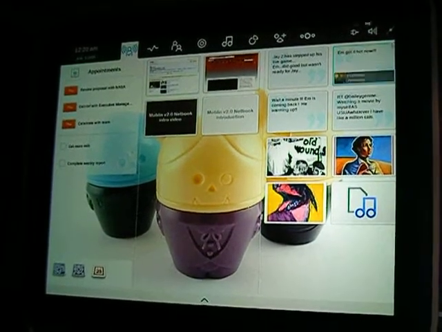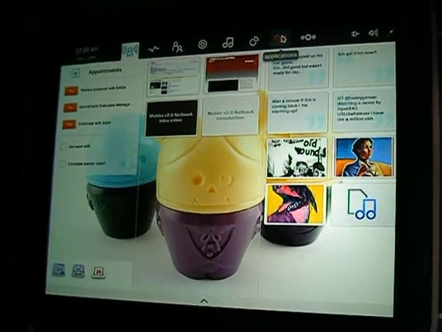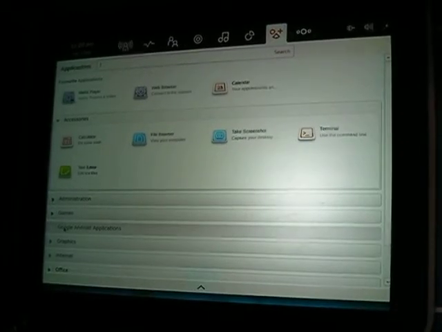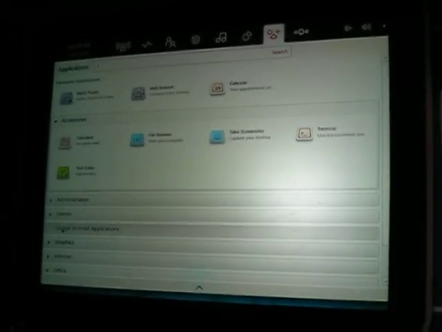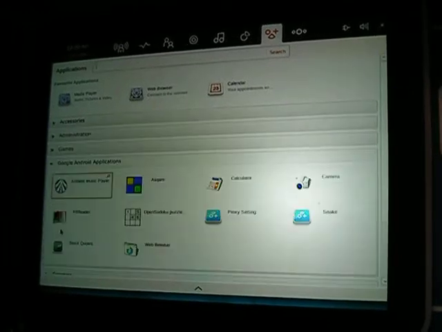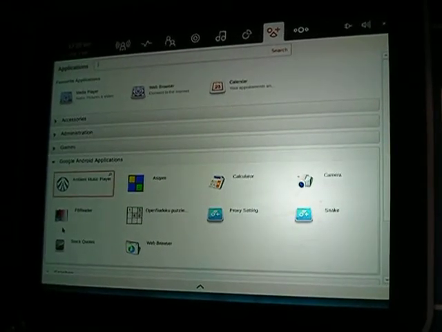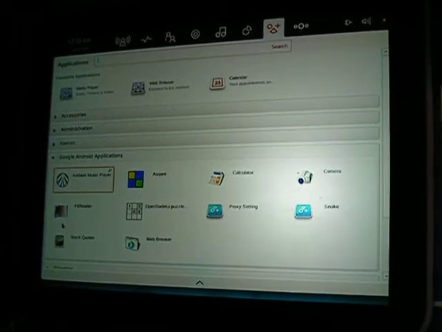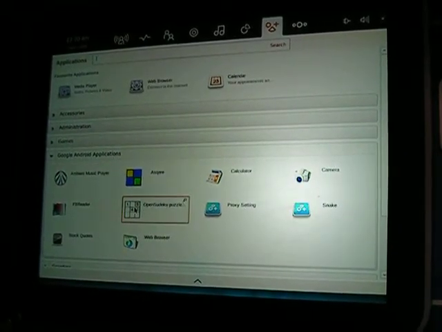I'm going to go up to my toolbar and come over to the applications and open the applications. And what you'll see down here is I actually have a technology demonstration of Google Android apps. So for the first one we showed you, the first operation is the Moblin. For the second one we show you a technology demo of Google running above Moblin. So you can do it as well, and that's what we see over here.